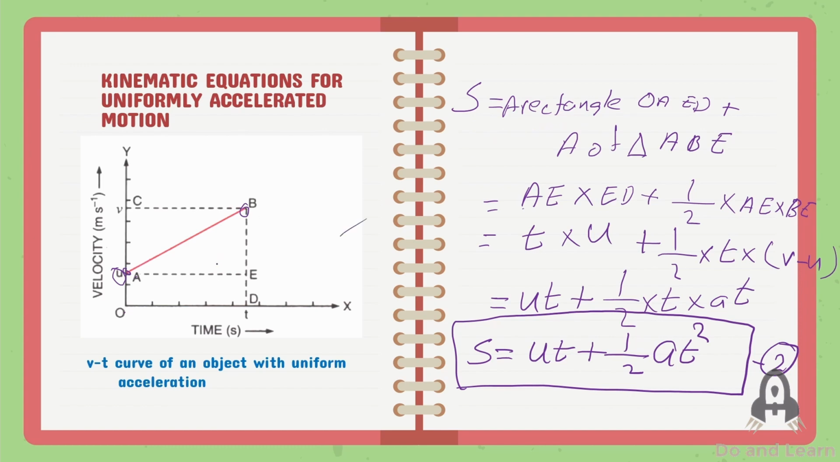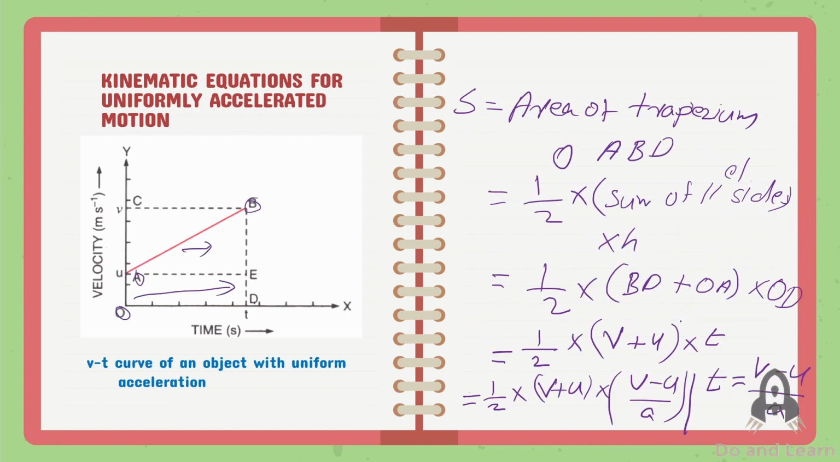this is two structures, one triangle here and one rectangle. Area of rectangle OAED plus area of triangle OBE, that is half base into height. So we will get T into U plus half T into V minus U. Okay, so we will get UT plus half AT square. Then to get the third equation, we will use the same thing, the area under the curve